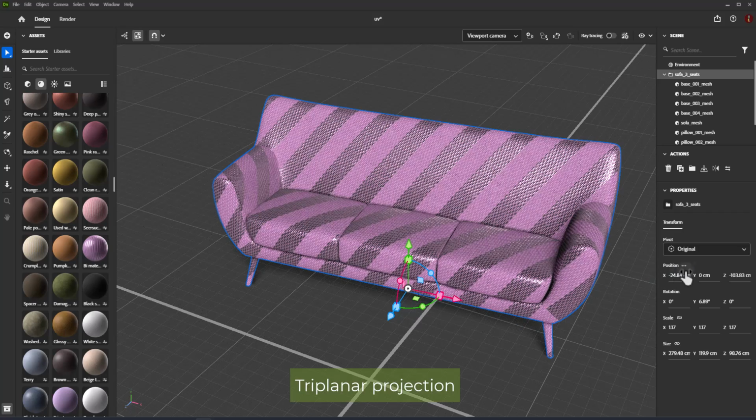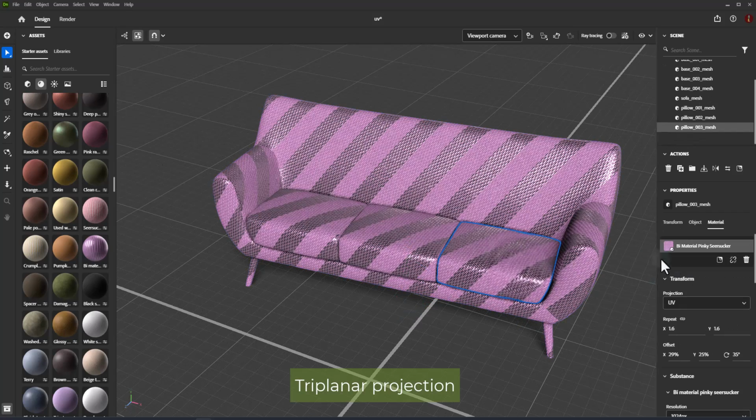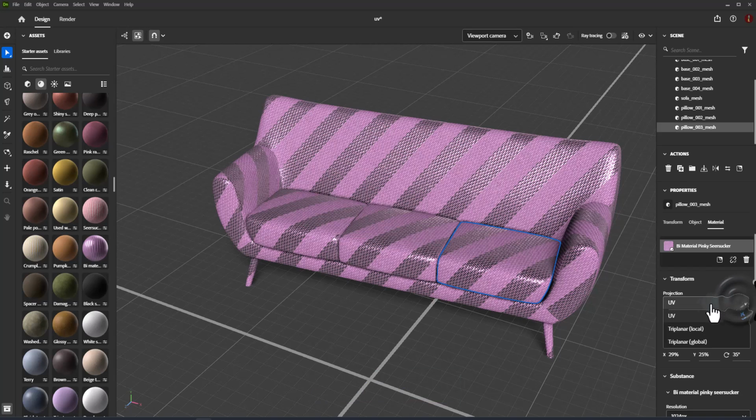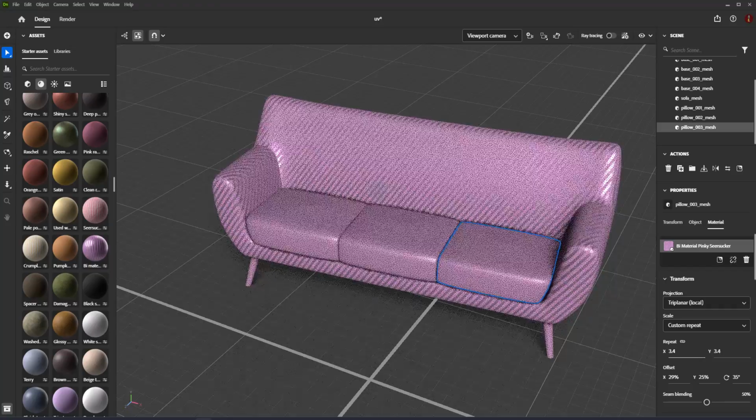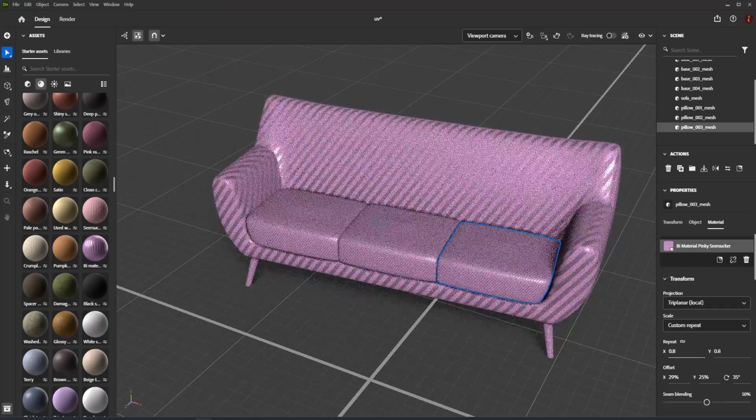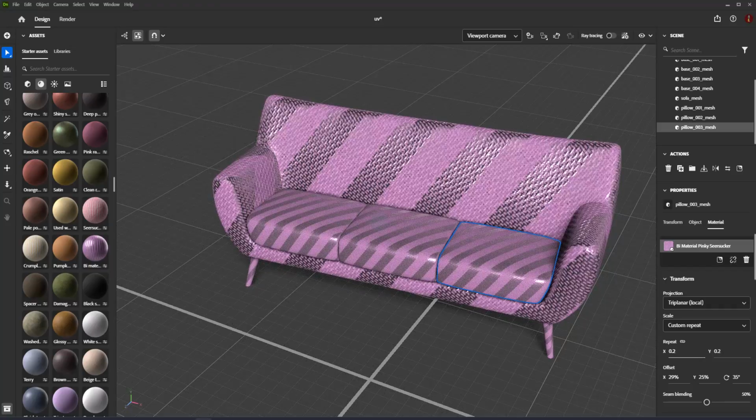Triplanar projection. Triplanar projection is a method that does not rely on the object having UVs at all. The material is instead projected onto the surface of the model from three planes, X, Y, and Z axis. Seams will show wherever the planes of the projection meet but can be blended together in real time, unlike UV